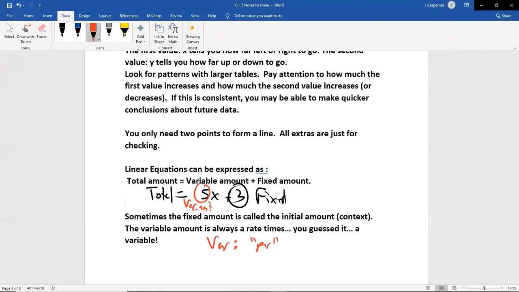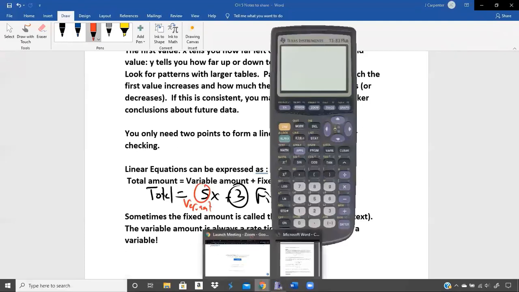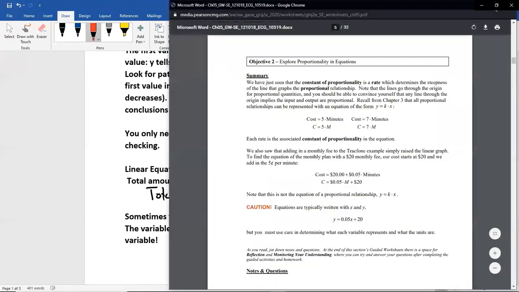So what we want to do is take this idea of being able to write equations for our models, and go back to the 3 or 4 problems we did last time where we graphed them, and now actually write out their equations. You can use words, you can use letters, you can always use y and x if you really like, but I'm going to try to stick to letters that are a little more relevant for the problem.